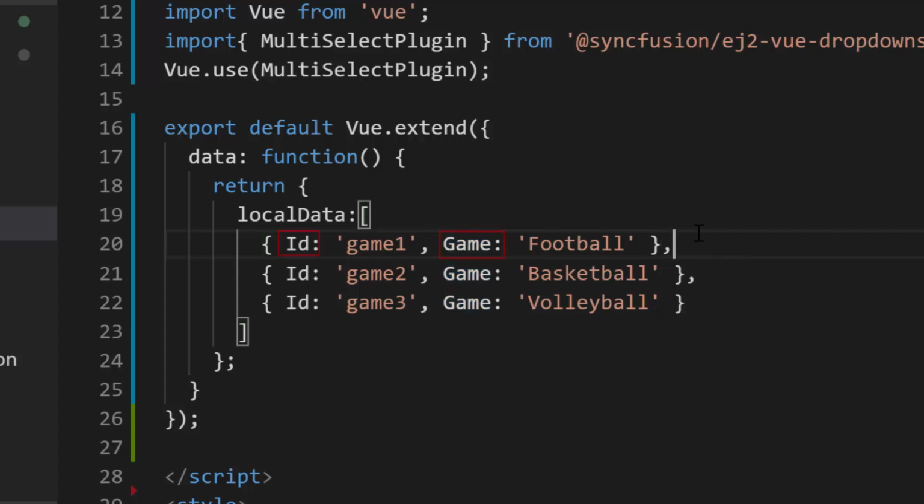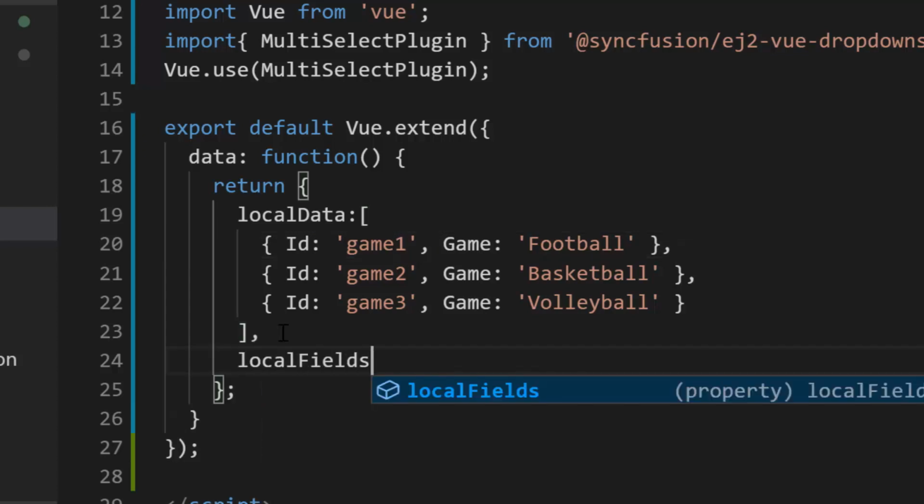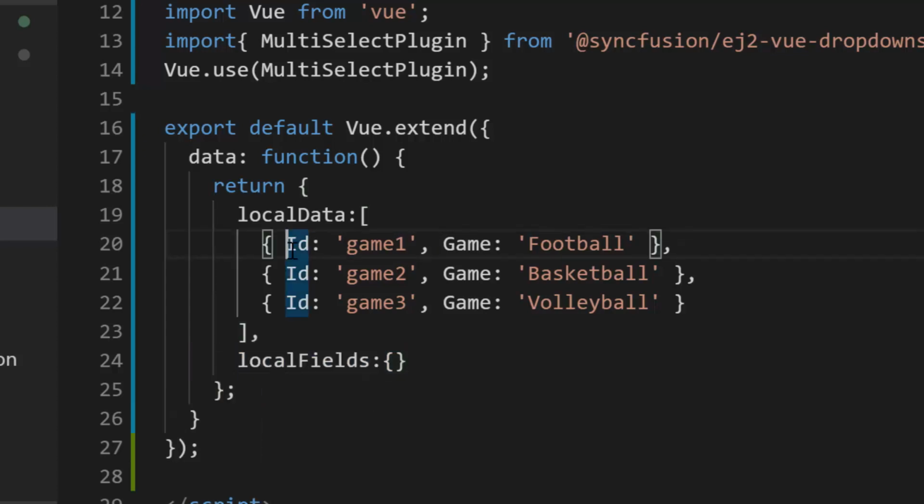Now, I will map these data source field names to the appropriate options within the fields property of the multi-select drop-down list component. So here, I need to define the localFields variable and map ID to the value field and game to the text field.